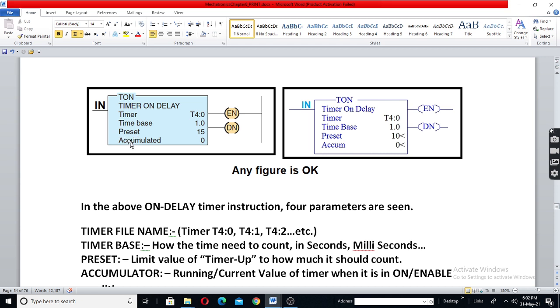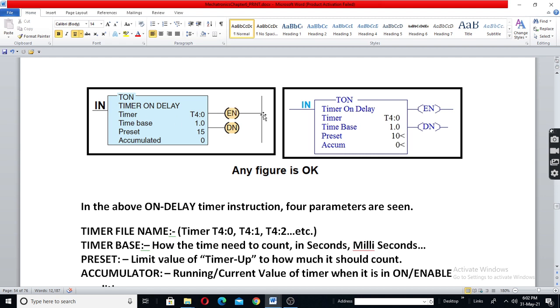If this is high, this will be 1. But when the accumulated value reaches 15 or more, the done bit will become high to indicate that the timer accumulator has reached the preset value.